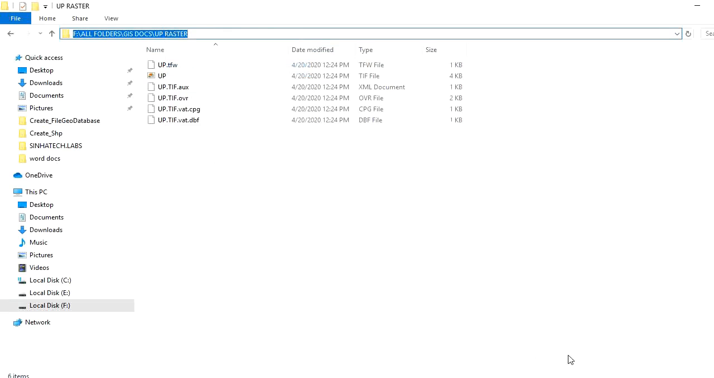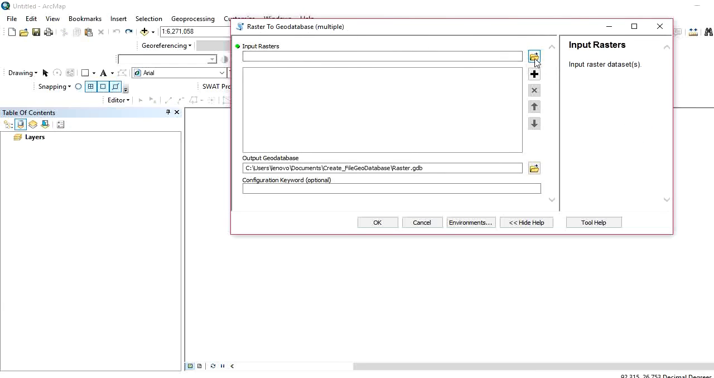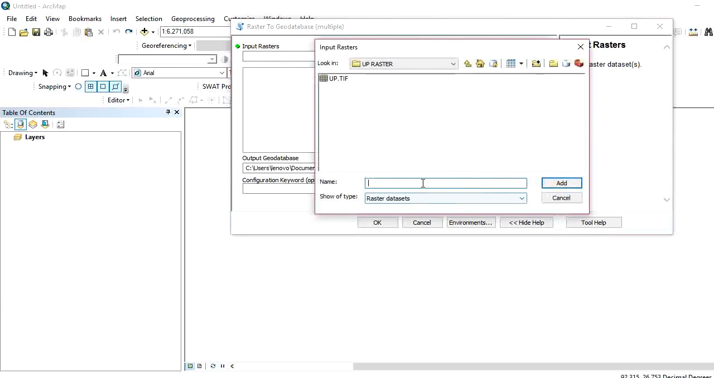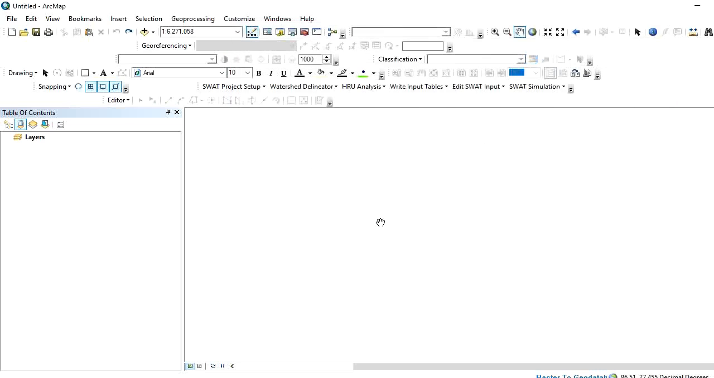We'll copy the location, we'll go to the pop-up as to raster database, geodatabase multiple. We'll click on the file location, and since it was already there we can look for it. This is the desired up.tiff raster. We can simply add upon it, and since the output geodatabase location is the default one as it is being shown, we don't need to change it. We'll simply hit the OK button, and